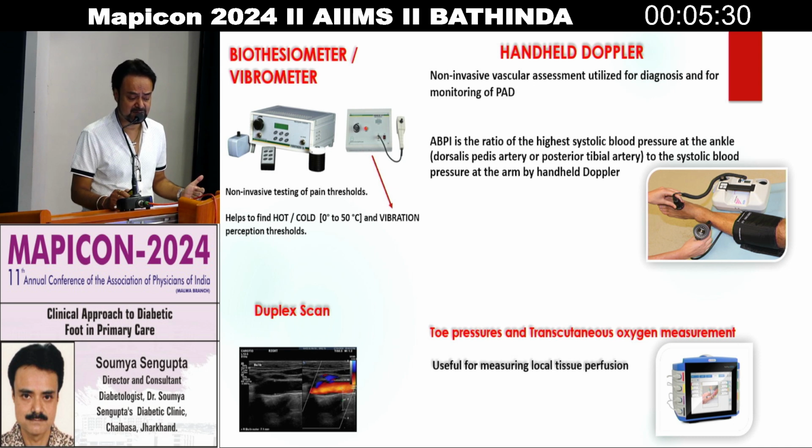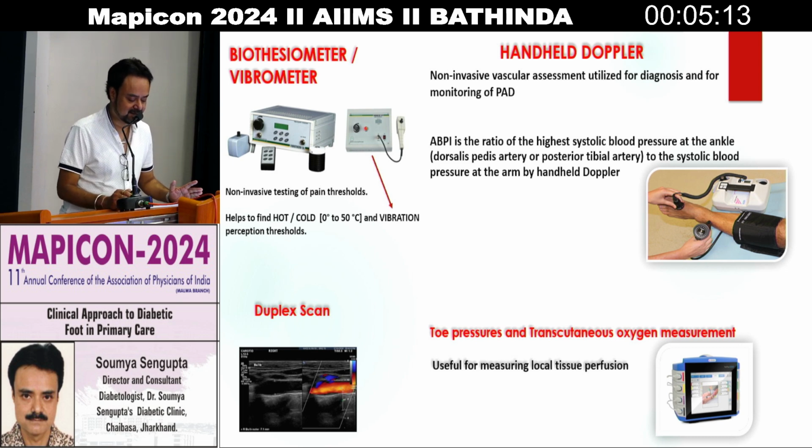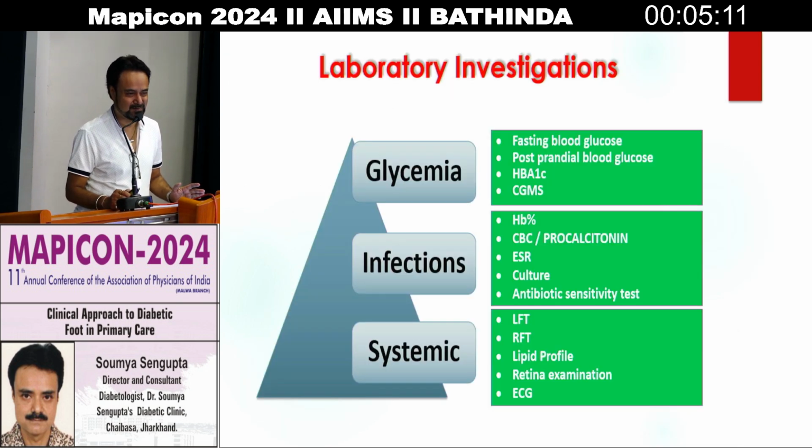Non-invasive vascular assessment utilized for diagnosis and monitoring of peripheral arterial disease. It is the ratio of the highest systolic blood pressure at the ankle, that is dorsalis pedis as well as posterior tibial artery, to the systolic blood pressure at the arm by handheld Doppler. These are the other modalities like duplex scan and transcutaneous oxygen measurement, not usually done in the primary